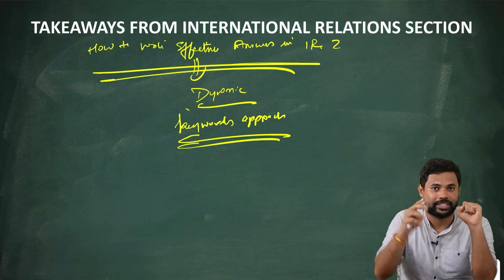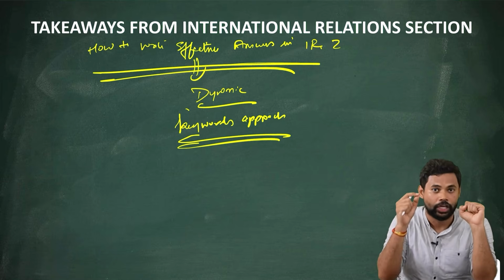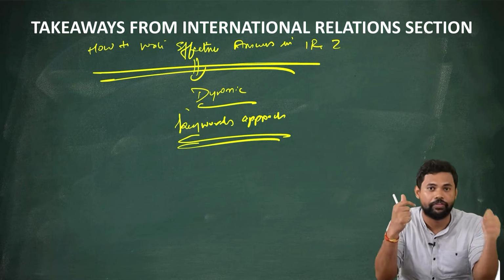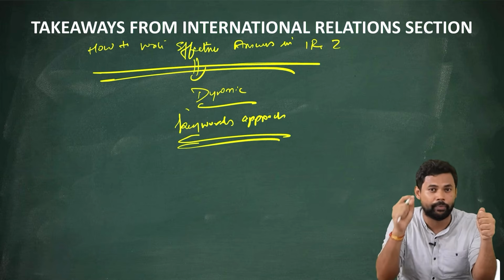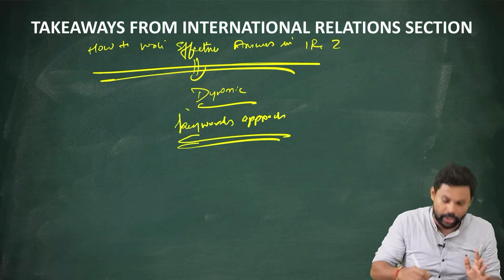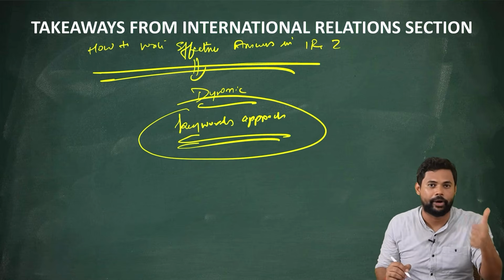The 4th is international relations. Using the keywords of international relations will give that language for international affairs. And the 5th, where the keywords approach becomes very, very important, I have told you again, is ethics. So overall, using the keywords approach in these 4 sections and 1 paper is very, very important, and this is the skill you should learn.